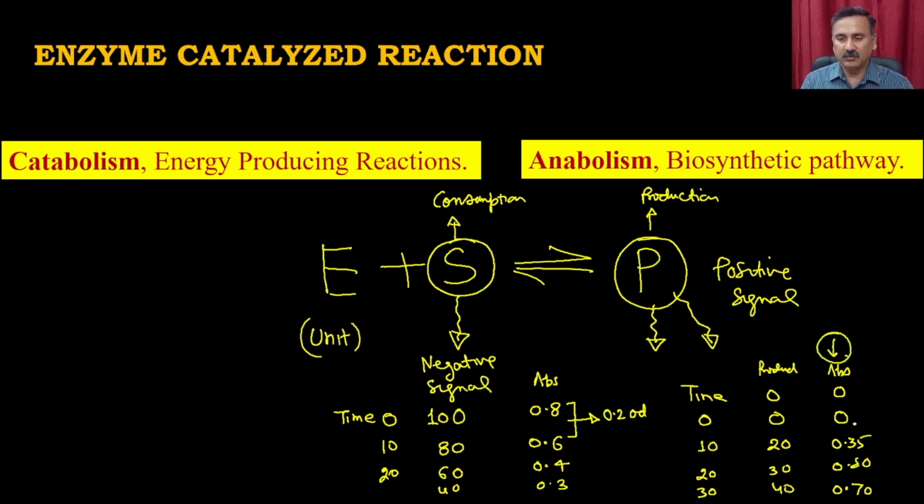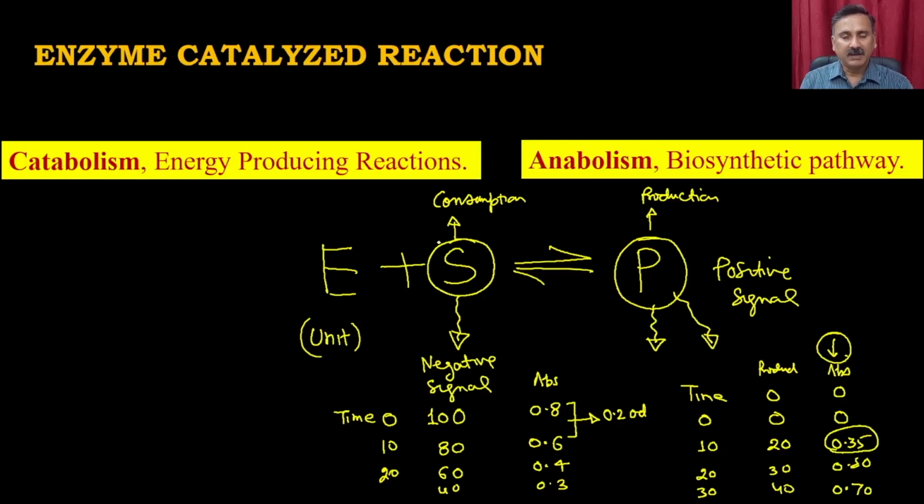Here you are going to plot this. So 0.35 is the concentration of the product, right? And you can say that this is the amount of product being formed, and that's why the same amount of substrate is being consumed, so that you can use it for calculating the enzyme activity. That's why when you are measuring the product, it is easy and straightforward, whereas when you are measuring the substrate, you are going to go through another